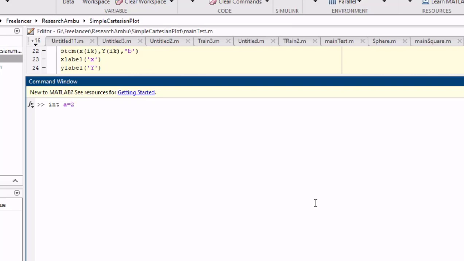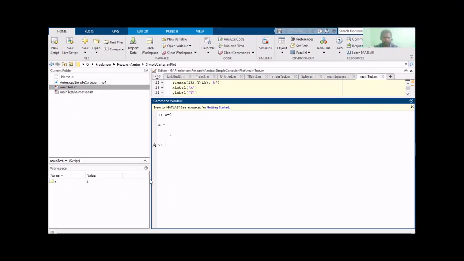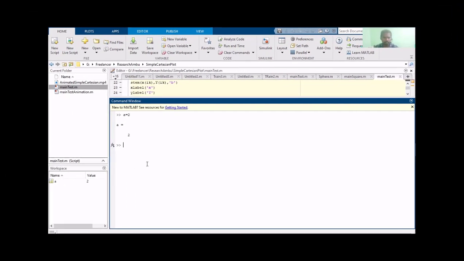That's normal in C language. But in MATLAB, and Python too, it's different. We don't need to declare the variable type. If we simply assign a equal to 2, it's automatically stored in the workspace as a equal to 2. It's nothing complicated.